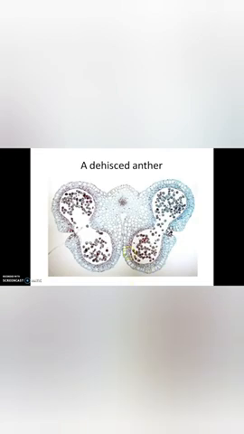So this is a microscopic view of a dehisced anther. You can see the line of dehiscence here, isn't it? So along the line of dehiscence, thousands of pollen grains are shed. Clear, children? Anther dehiscence is said to be the final function of the anther that causes release of pollen grain. The cells lose water and create a tension that leads to the anther being split along its line of weakness and releasing pollen grains. Okay, children? Clear?